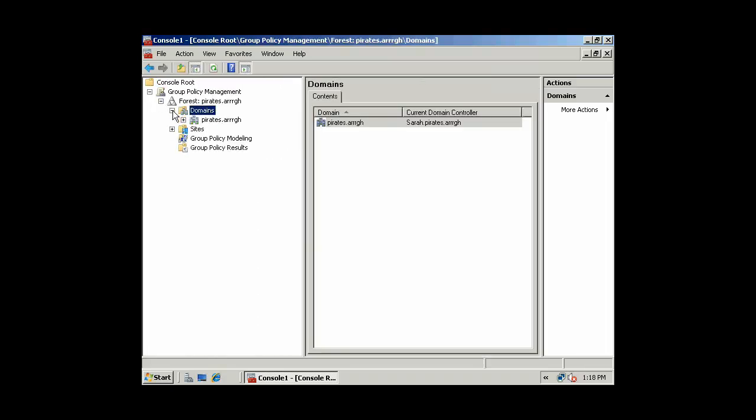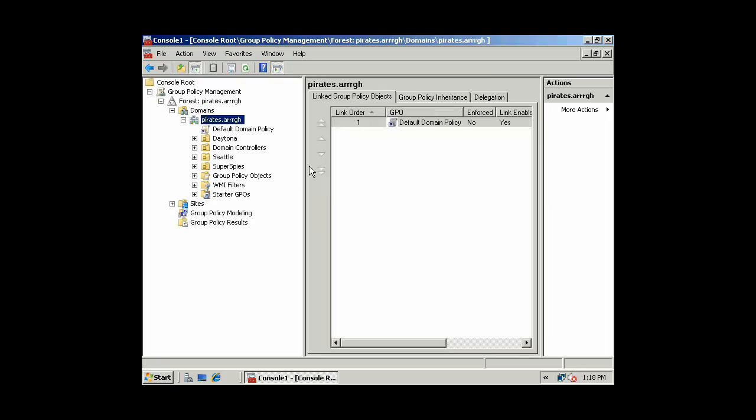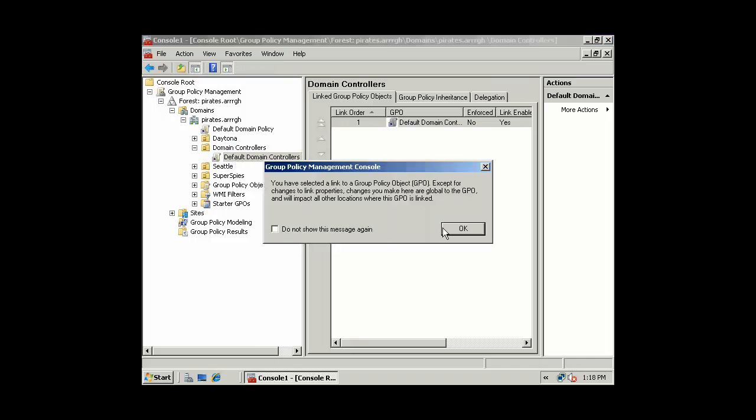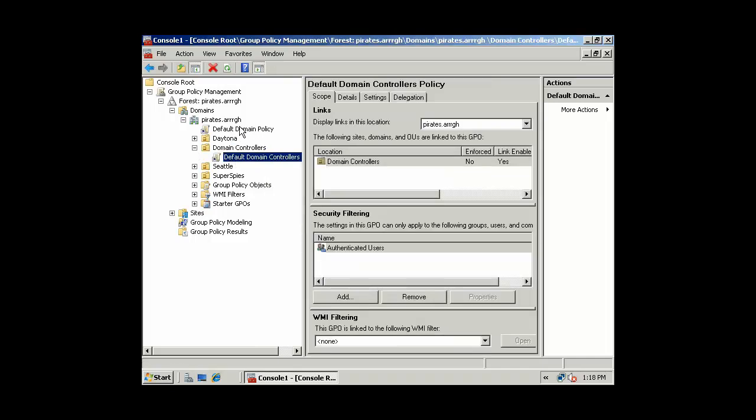What we want to do is open up domains and Pirates Arg. Pirates Arg is our domain, and the policy we're interested in changing is the default domain controller policy. You'd think it's the default domain policy, it's listed higher up, but in the inheritance hierarchy, it doesn't matter. It's cumulative, but if you don't change a setting here, it doesn't matter what the setting is here. Matter of fact, I'll show you. If we click on Edit in the GPMC,